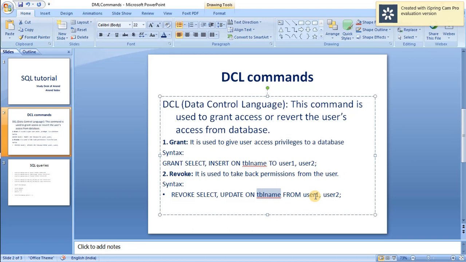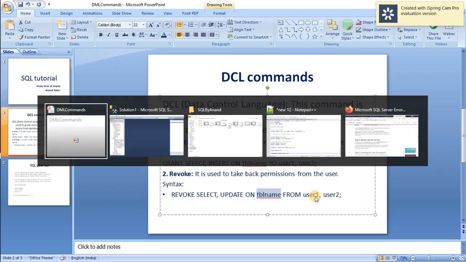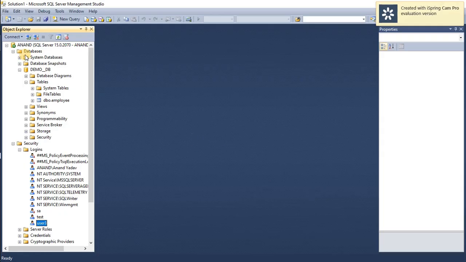Before going to the demonstration, let me show you how to create a user in SQL Server Management Studio. I have logged into SQL Server Management Studio with the super admin user Anand.